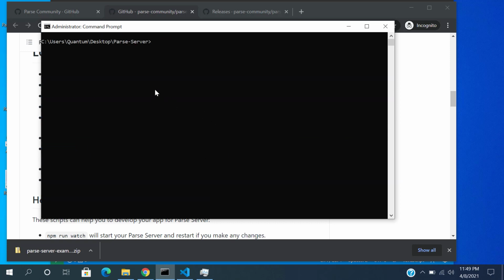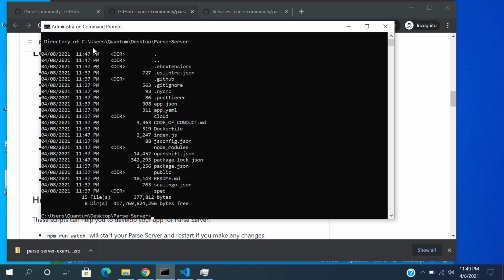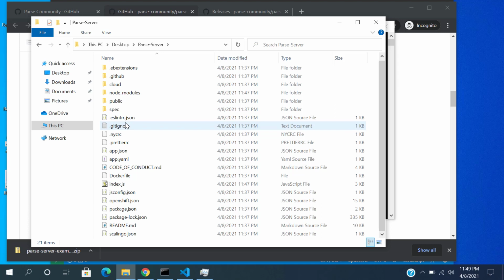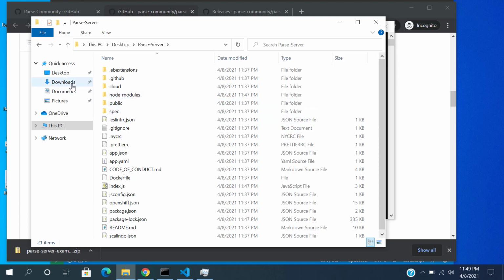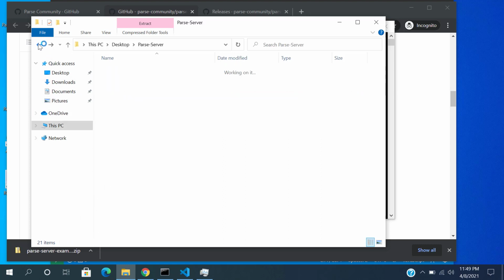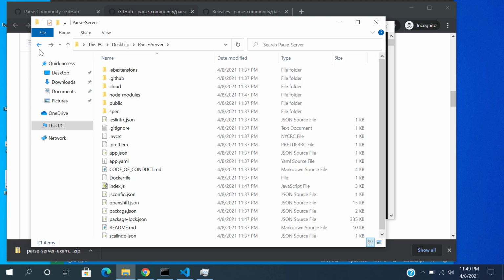Your current working directory has to be the specific folder where the Parse server files or the Parse server project is located. So this specific folder, in this case, is located under C, Users, Quantum, Desktop, Parse server. As you can see here, that is exactly where the files are. Initially, when we downloaded this Parse server example master, it was just 20-something kilobytes. But now that we have downloaded all the dependencies,